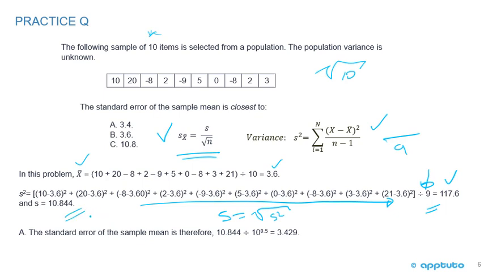10.844. So then we're not done yet, because don't forget, you see that's a bit of a red herring there. If you've just calculated the standard deviation, no, it's the standard deviation divided by the square root of 10. So 10.844 divided by the square root of 10, you're going to get 3.429, and so the correct answer is A. Not too difficult, just very mechanical, a lot of keystrokes. Speed is a skill. Skill gets rewarded. I recommend that you practice that one on the